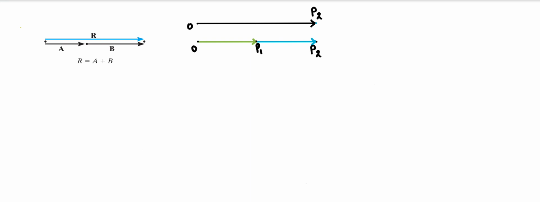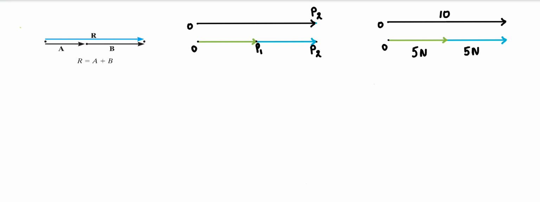Similarly, if I have two forces, you can see here, the combined or the addition of these forces should express the resultant effect of these two. So 5 Newton plus 5 Newton, the resultant of this is 10 Newton. It's obvious. So this way of addition is easy for collinear forces.